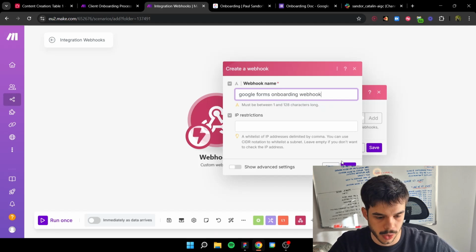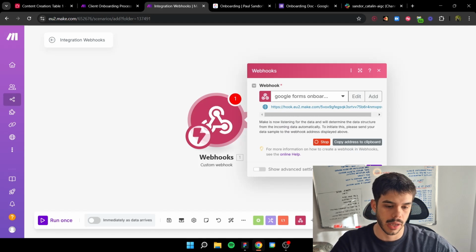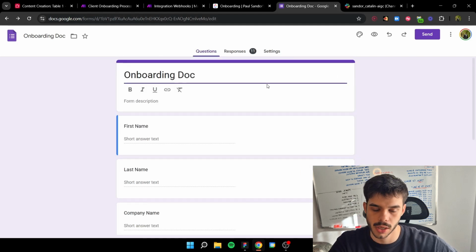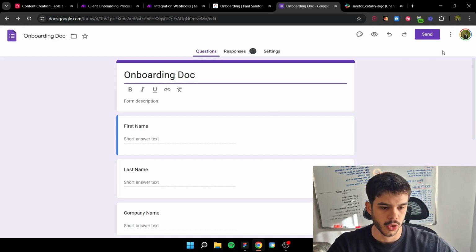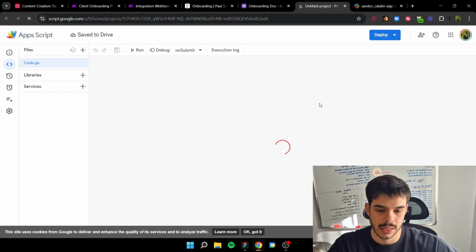Good. And you're going to click save. Okay, now you're going to be given this URL link. Once you have created your Google form here, in order to actually connect Google Forms to your Make.com scenario, you're going to be doing this little trick. You see here we have 3 dots, we have more. We are going to go to apps script here,